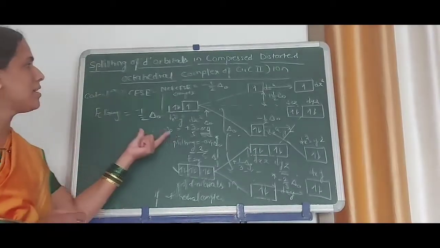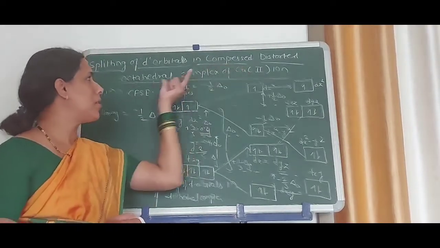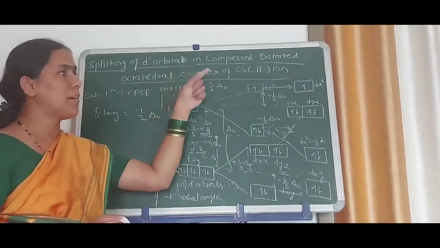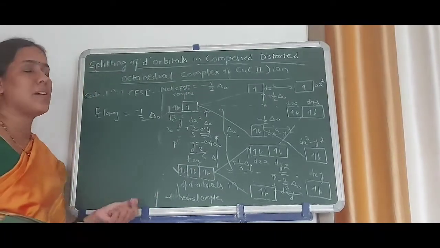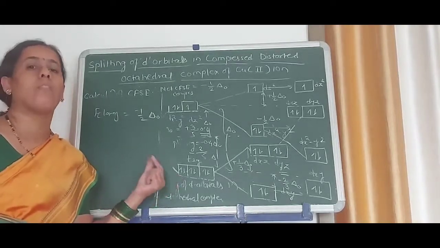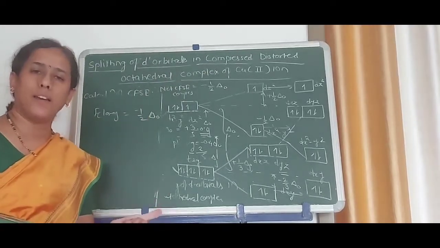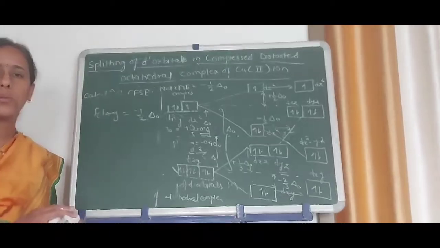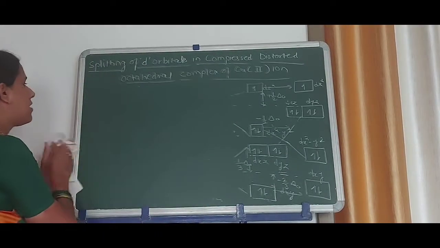Thus, we can see that the crystal field stabilization energy for the compressed distorted octahedral complex of Cu2+ ions as well as the elongated distorted octahedral complex of Cu2+ ions is the same. So we can't say whether, due to the presence of asymmetric electrons in Eg orbitals, the compressed distortion takes place or the elongated distortion takes place. We can't say anything. Thus, according to Jahn-Teller distortion, we have the statement that first,